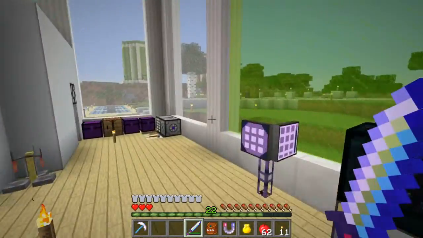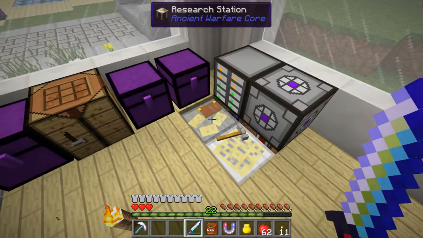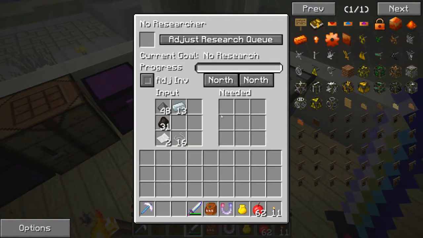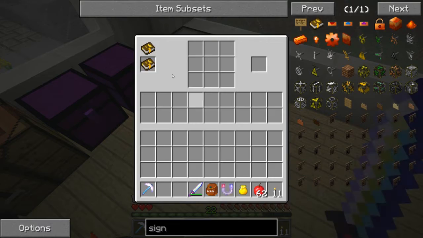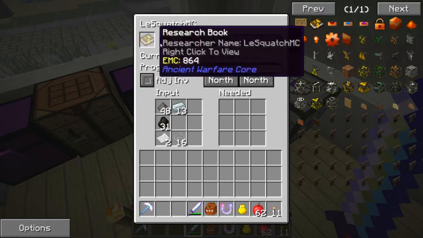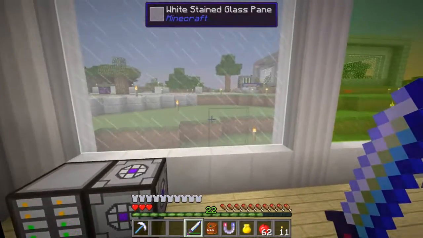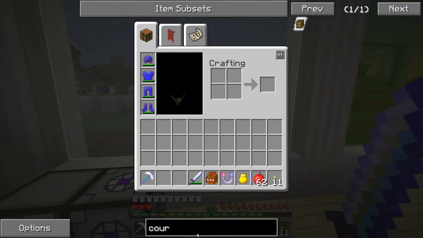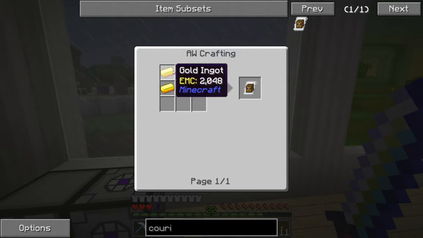So next step is I'd like to get involved with Ancient Warfare. I've done all the research, which took me a long time, but it was just putting mats in and making a bit of steel, and yeah, it was kind of tedious. So I've done all of it now. I think I need to... Wait, if I do this... Yeah, okay, I've done it all. What I want to do is make a courier. So if I look up courier, it requires a food bundle, some wool and some gold, which is fine, but